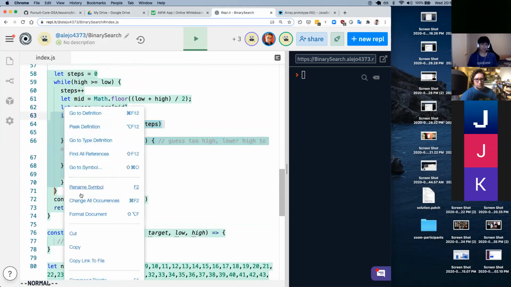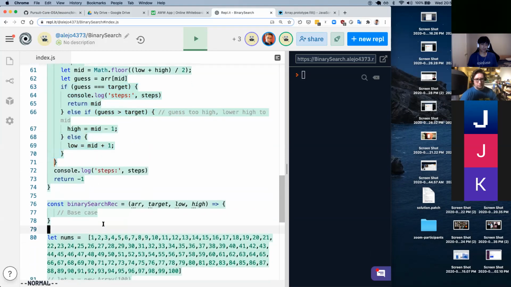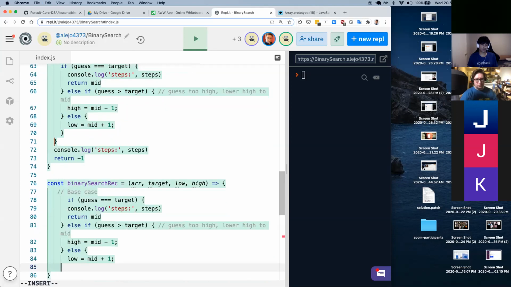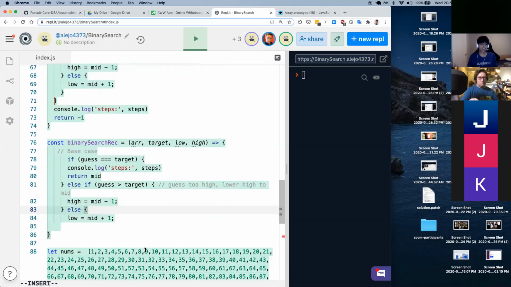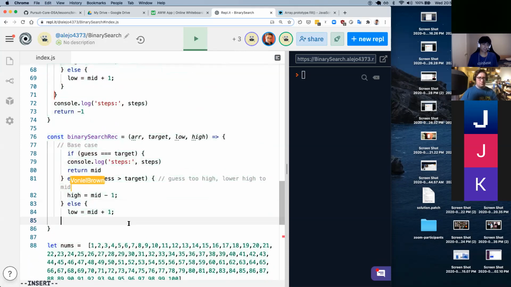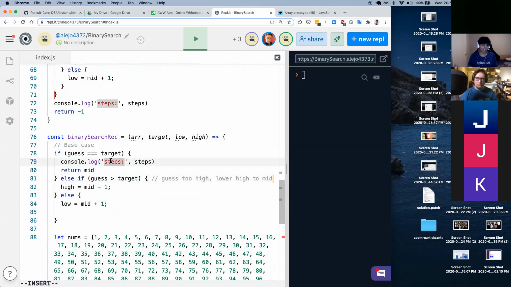Let's copy this. Oh, also, I don't know who has the text highlighted. If you could stop highlighting it, it would be nice. In the REPL. Thank you. This button doesn't work. Oh, it does work. It's just a little slow. Okay, and